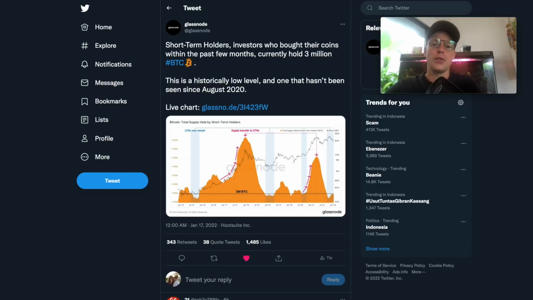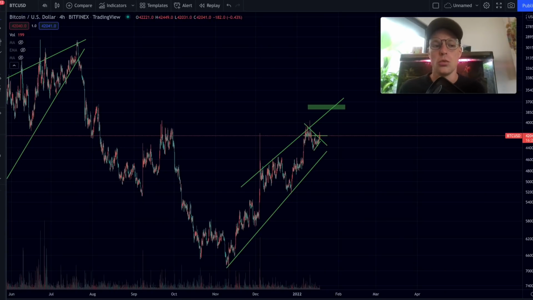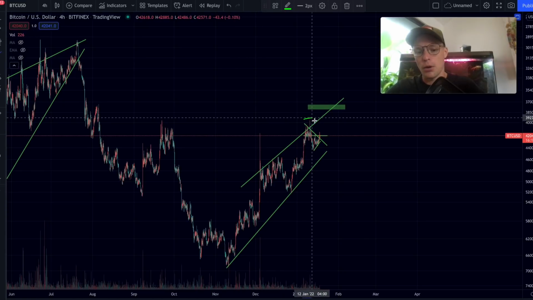So if we have a look, for example, at this metric or at other metrics, then we can see that the market mechanics of crypto right now are becoming stronger. So we are seeing the foundation being laid for a potential Bitcoin bottom. Does that mean that Bitcoin right here already bottomed? No, that's